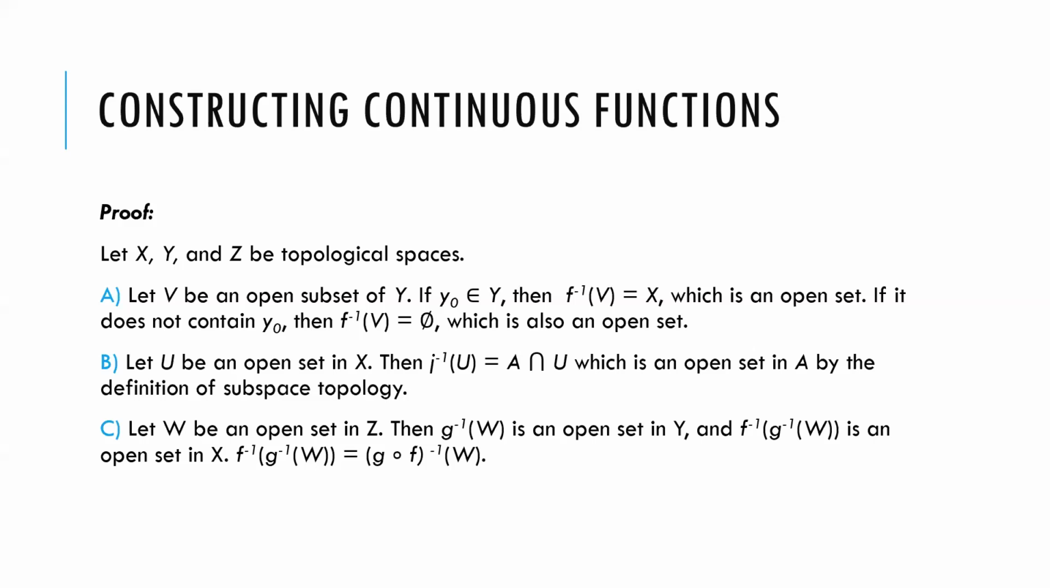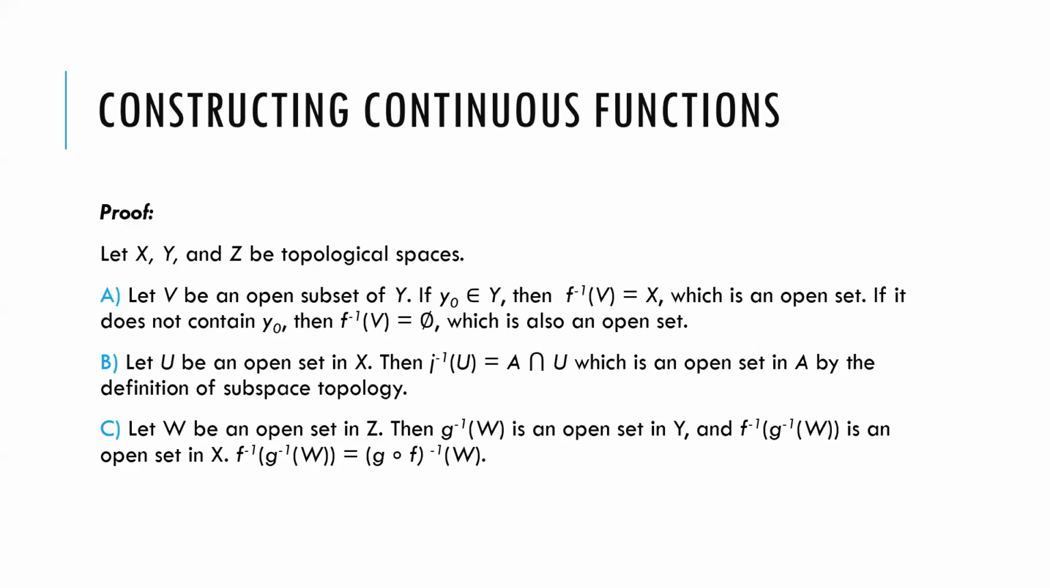And if V does not contain Y0, then the inverse image of V would be the empty set, which is also an open set. Thus, F would be a continuous function. And as for B, which states that,